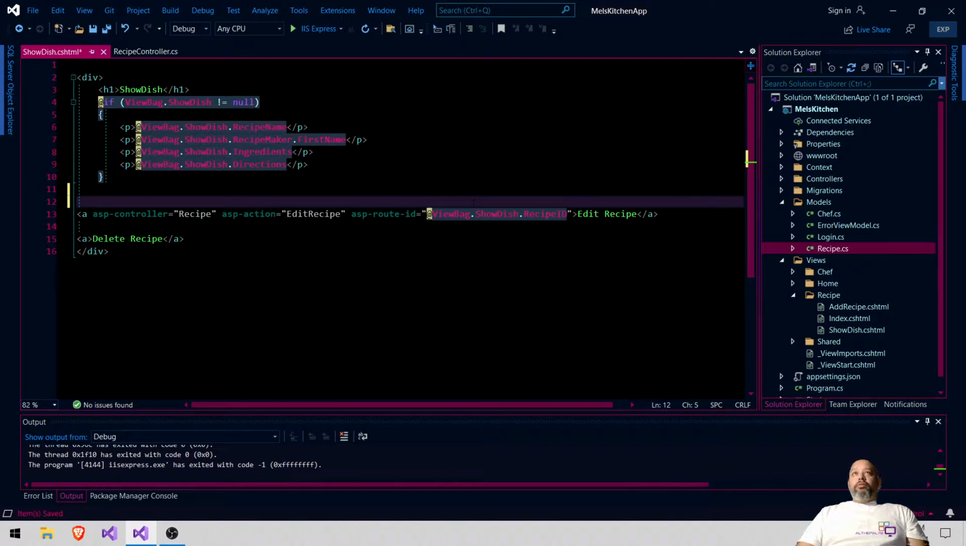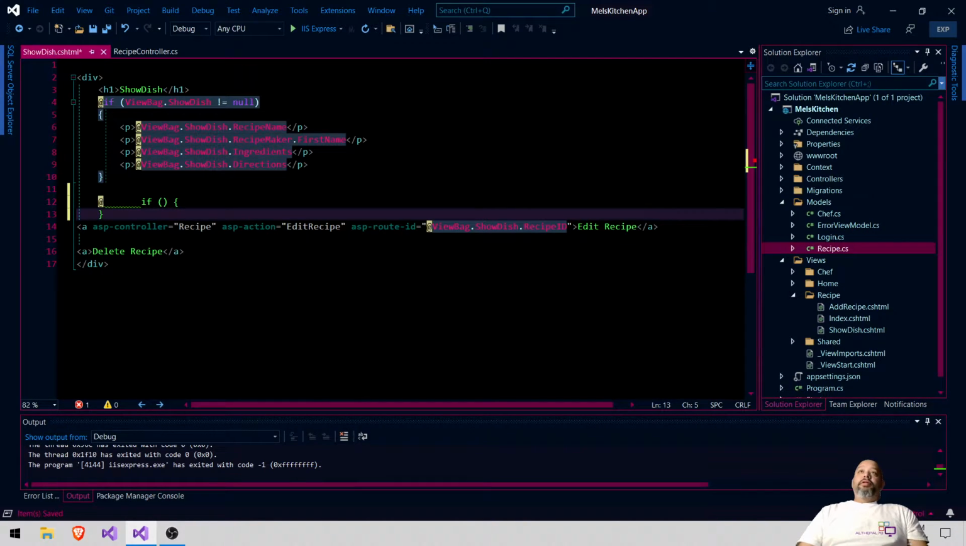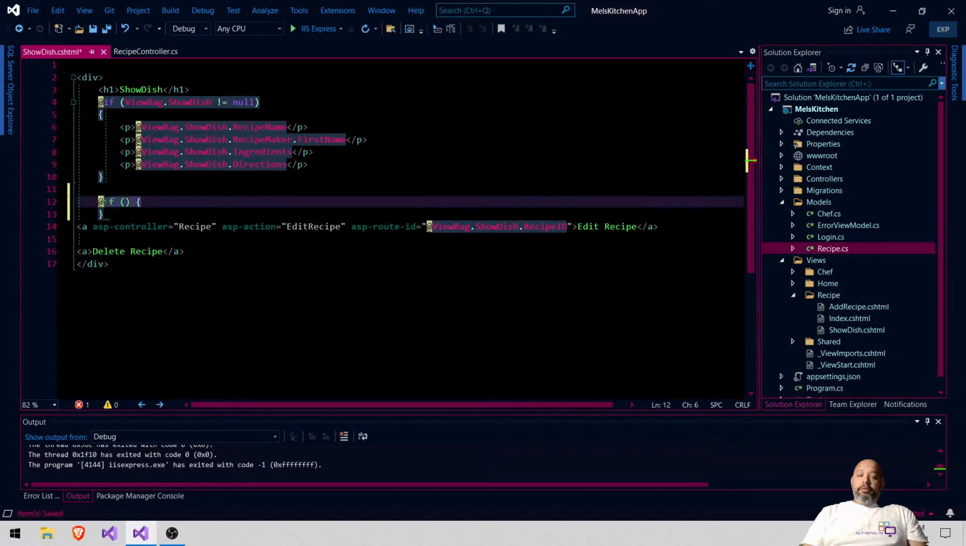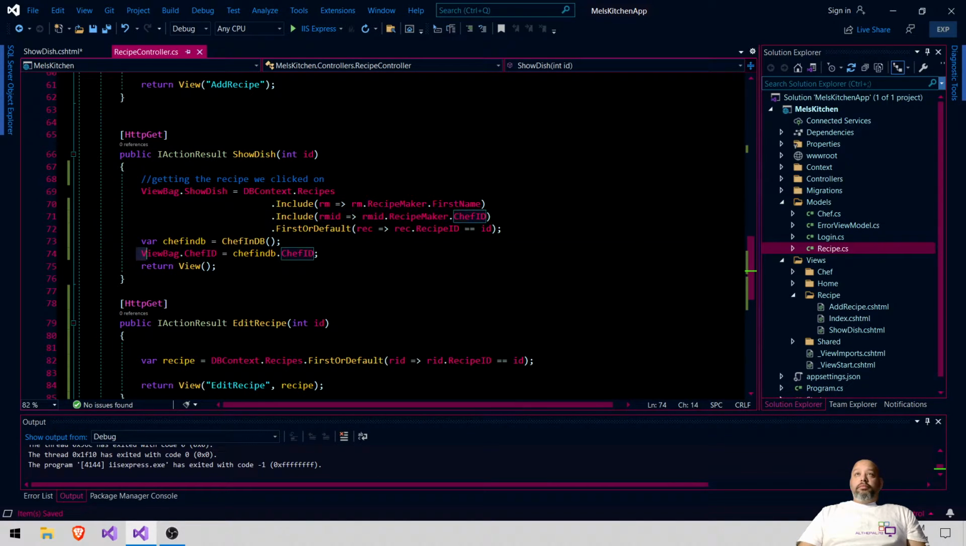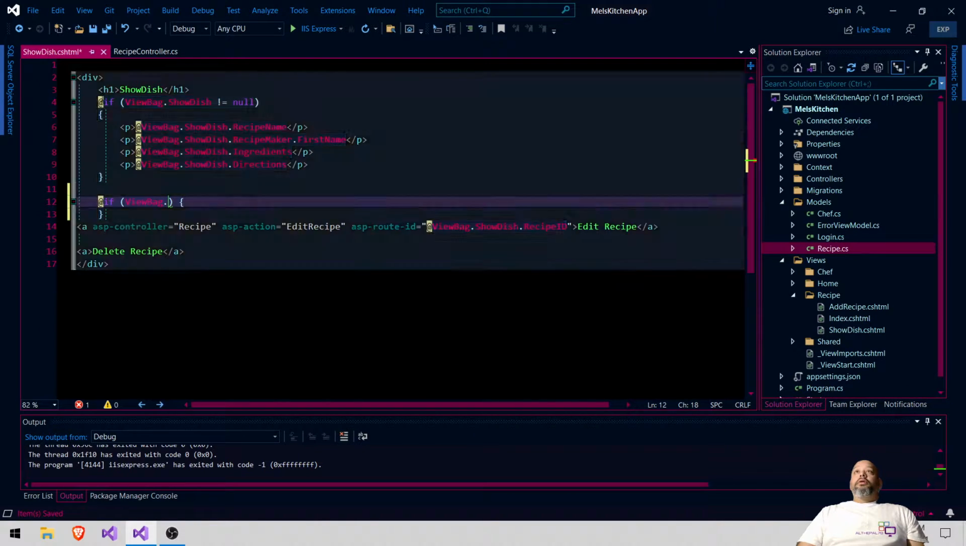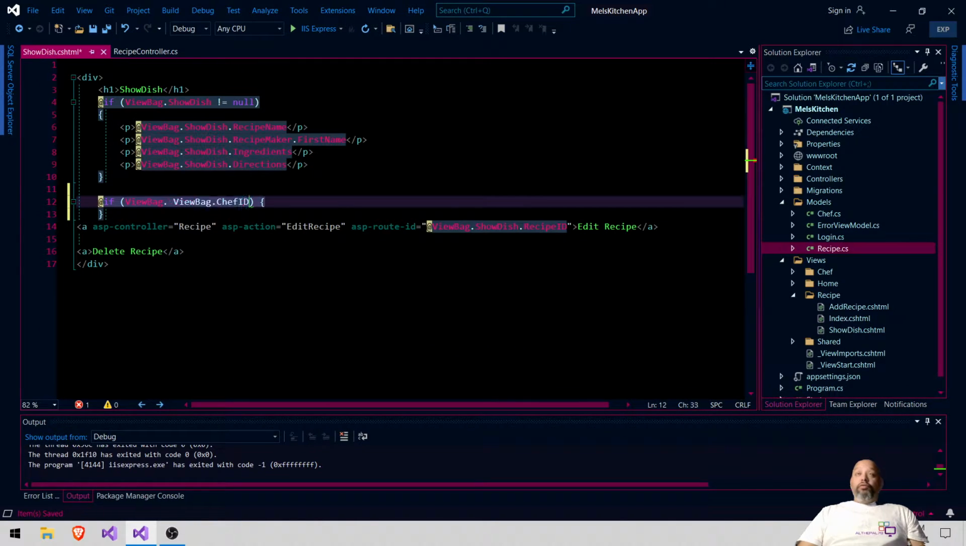So that's the route. But we also want to do an if statement. If, and then we put this like this. We'll put this right here. I don't know what happened here. If, all right, at viewbag dot, what is it, chef ID? Let's go back over here. Let's just copy this whole thing. Control C. Dot Control V